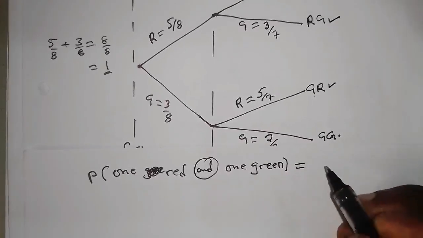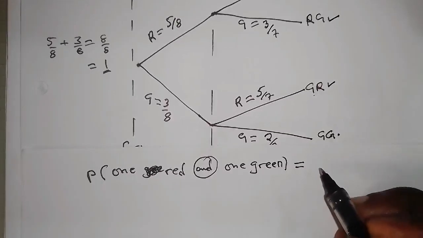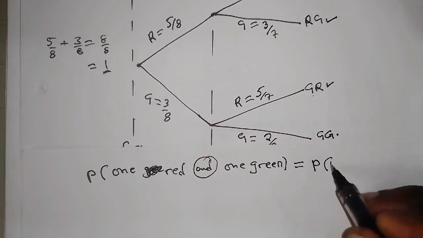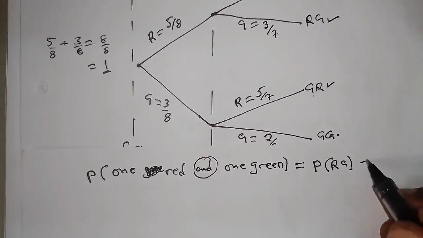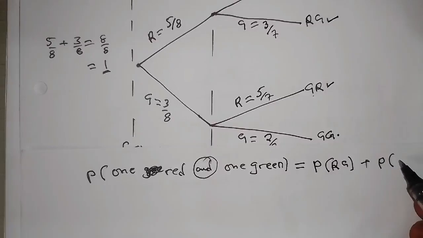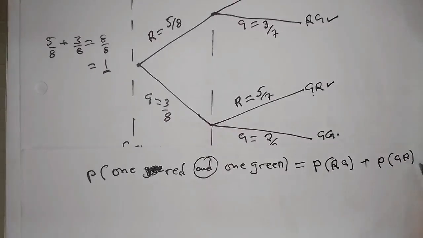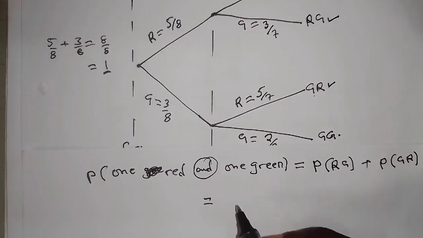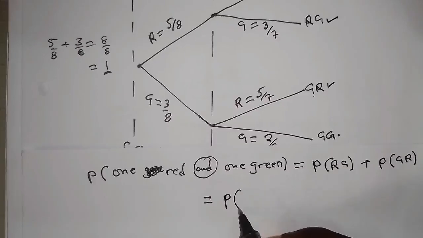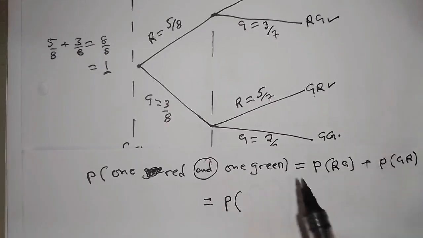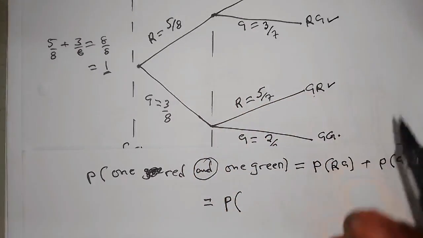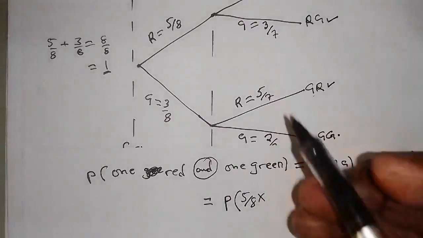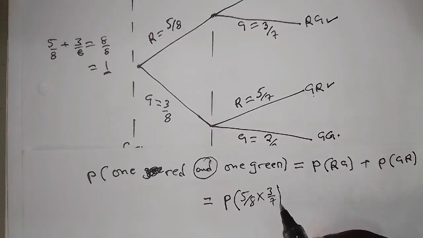So this is going to be the probability of this, and also the probability of green, red. Now this is going to be the probability of red, green. So it is 5 out of 8 multiplied by this one, 3 out of 7, plus